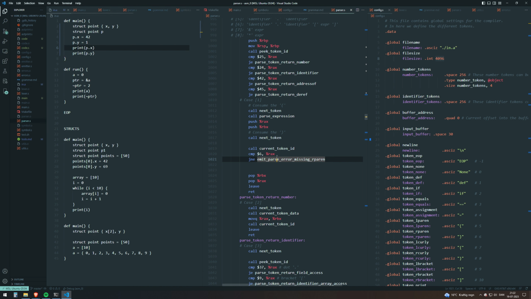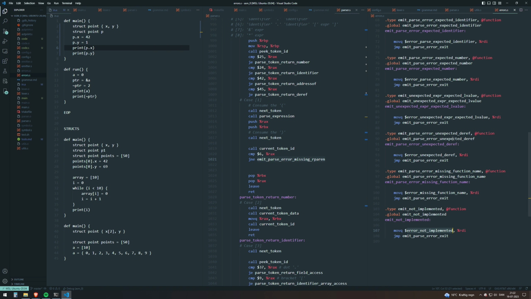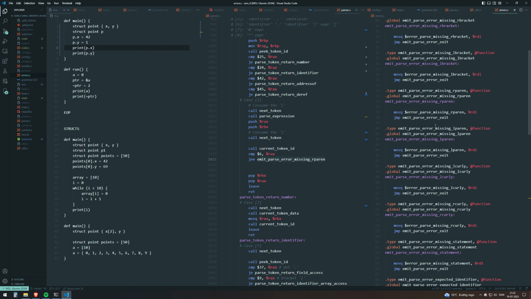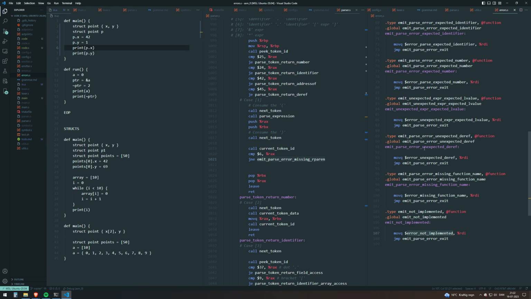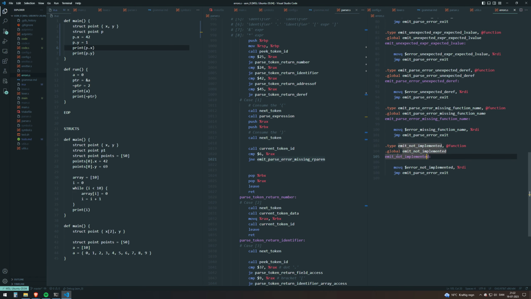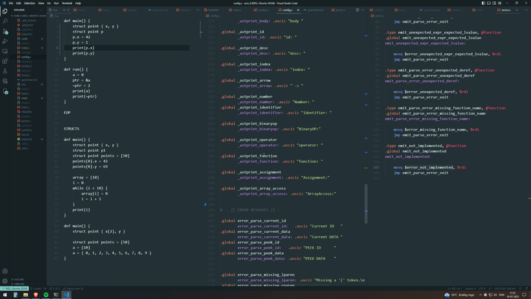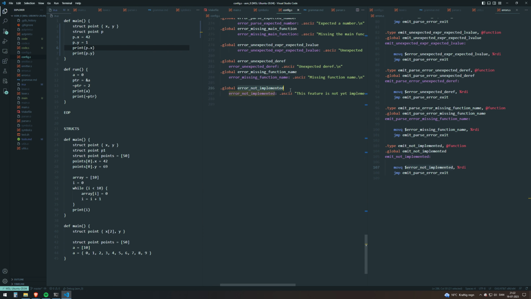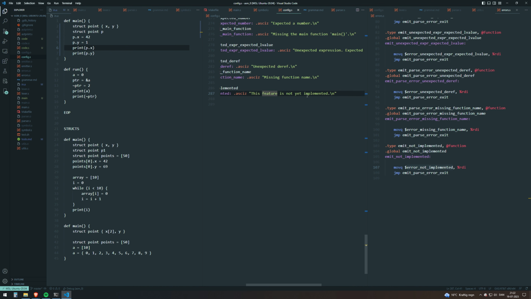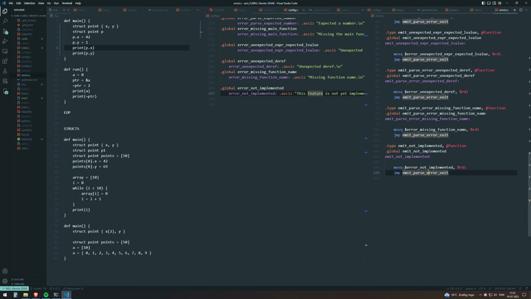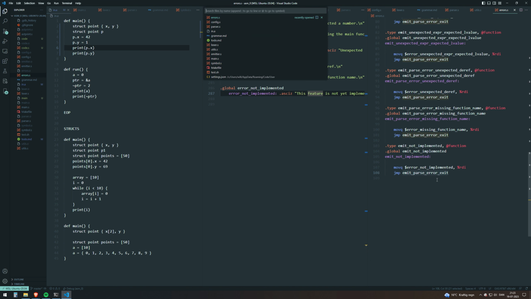I have not added the error messages everywhere. I can just show you how I did it. I have a file called errors, which is basically just a bunch of this kind. So for example, this is emit not implemented. It just moves a pointer to a buffer, which I can show you here. So this is the not implemented buffer. It says this feature is not yet implemented, and then I just move this into RDI, and then I call this function emit parse error,